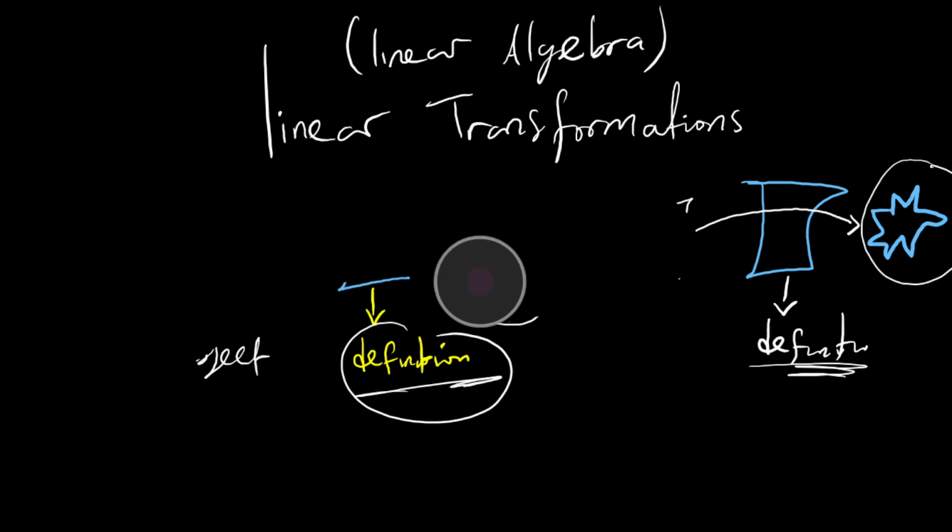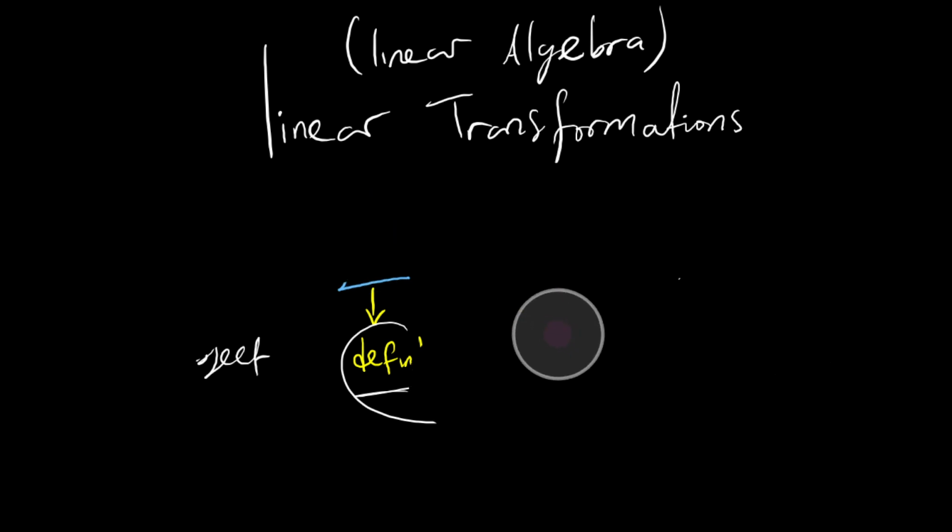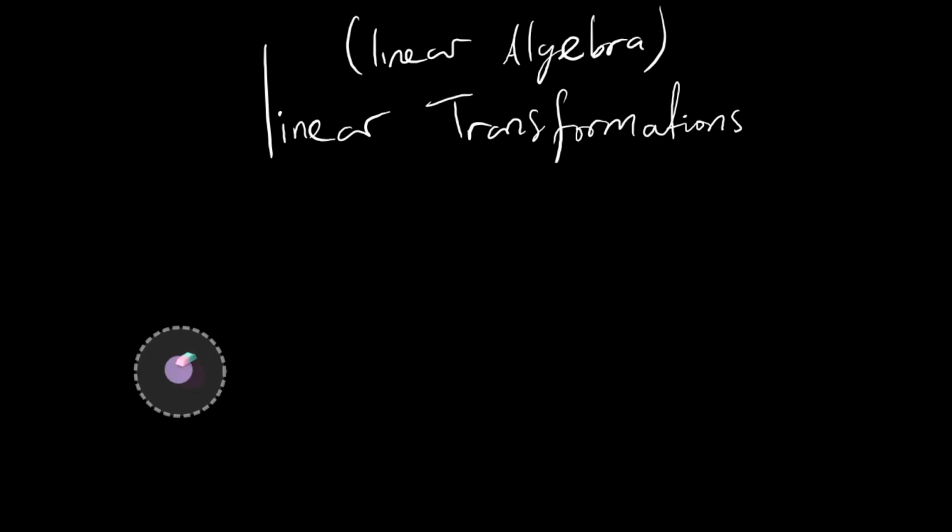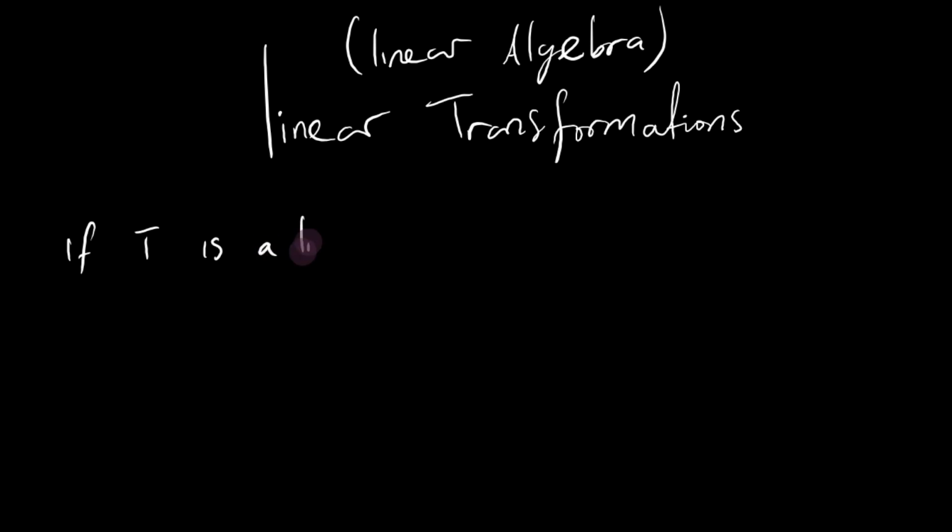Now, how do we do that? I think you should have written that, but how do we determine whether a definition given is a definition of a linear transformation or not? We need to know some things that are simple. So if T is a linear transformation or a K-morphism, if T is a linear transformation